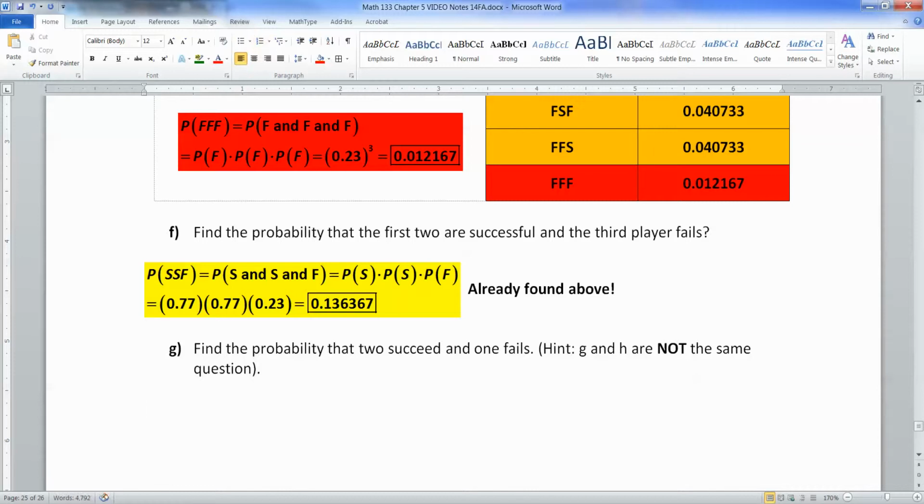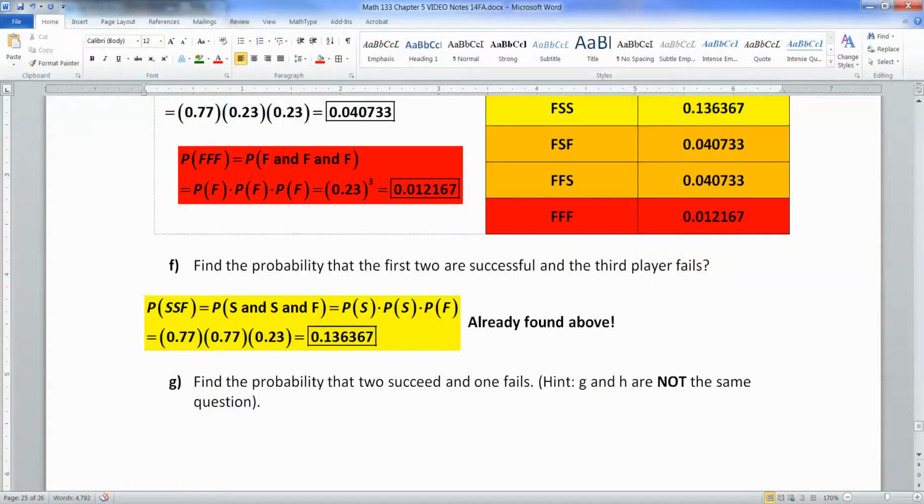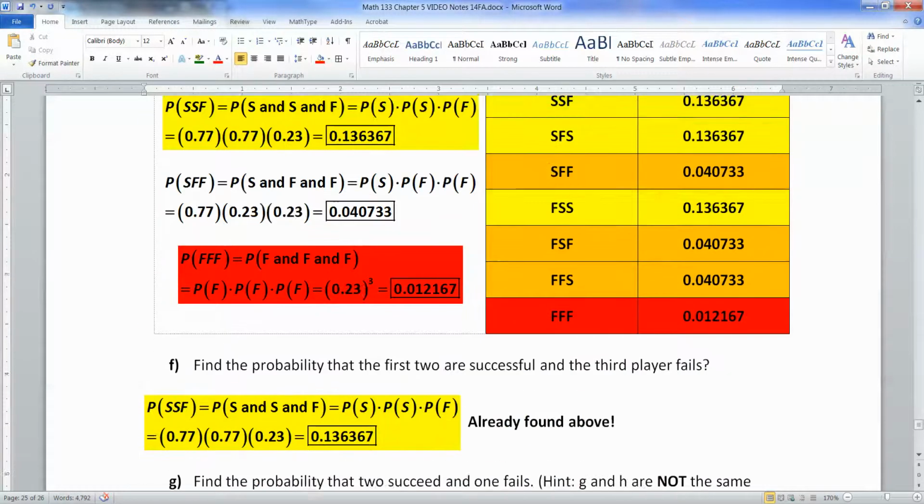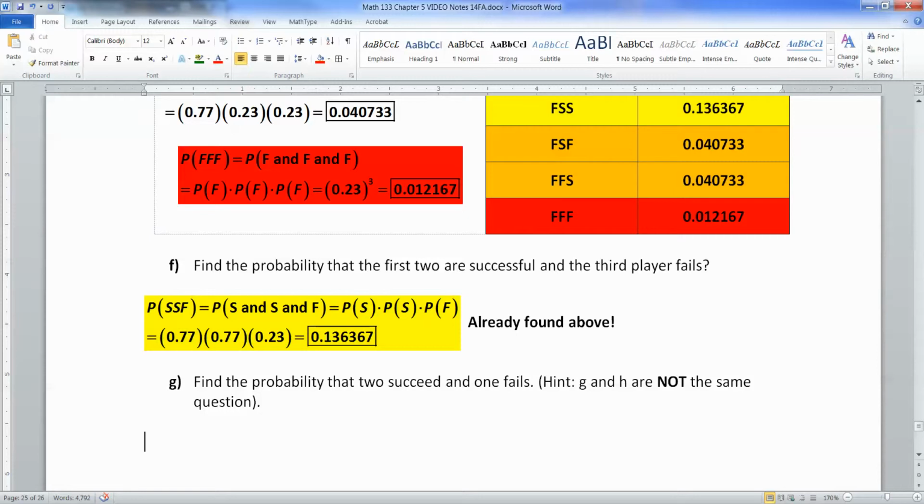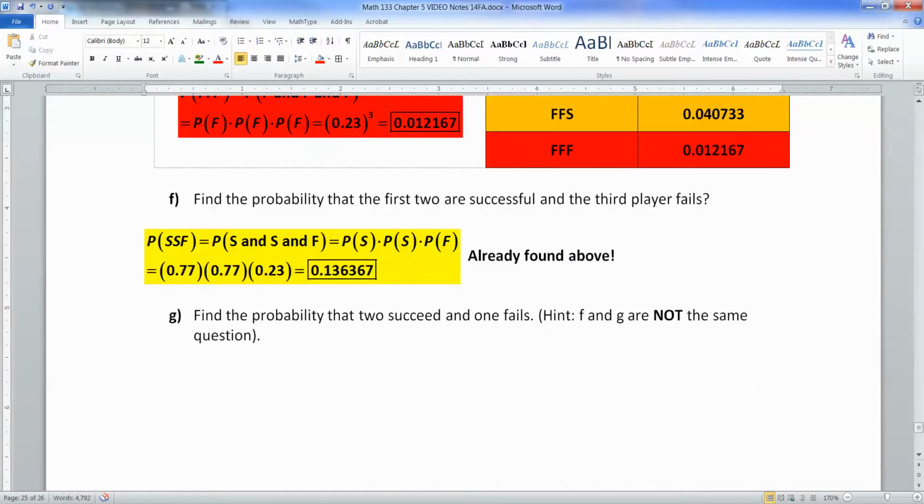Okay, now we're going to find the probability that two succeed and one fails. And notice these are not the same question. Those questions aren't F and G and H, they're F and G. F and G, sorry about that. So F and G are not the same. Now what's the difference? Well, because F is talking about the first two succeed, the third player fails. G is talking about any two of them succeed. So this is the probability that any two succeed